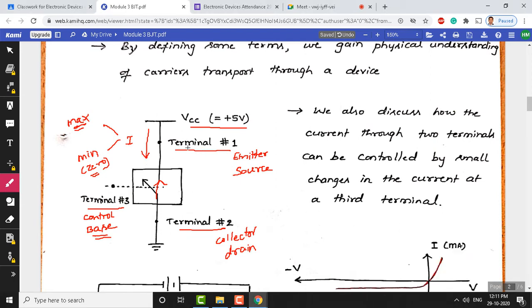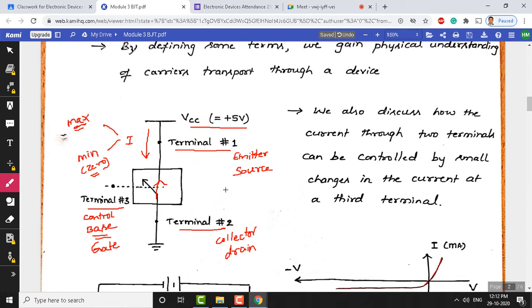Okay. So, you can see that this current can be maximized or minimized depending on the 3rd terminal, called the control terminal. In our case, for the bipolar transistor, this is the base. And if you look at the field effect transistor, the emitter is analogous to the source, the collector is analogous to the drain, and the base is analogous to the gate. I am also explaining the field effect transistor here, because you can understand the fundamentals of FET also from this diagram.